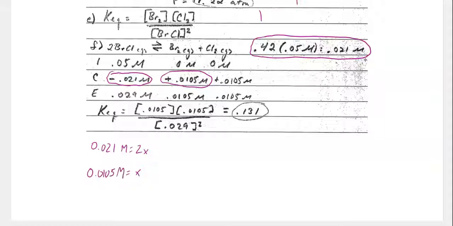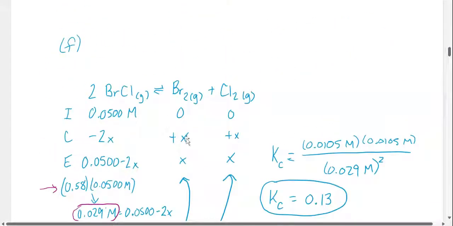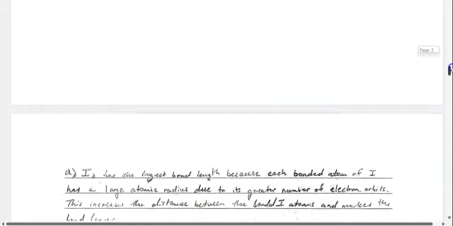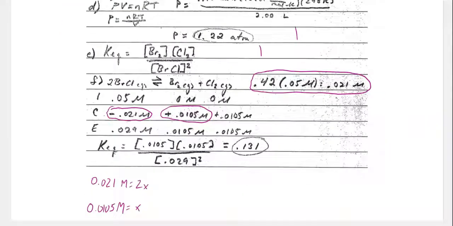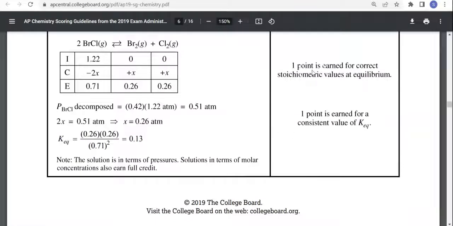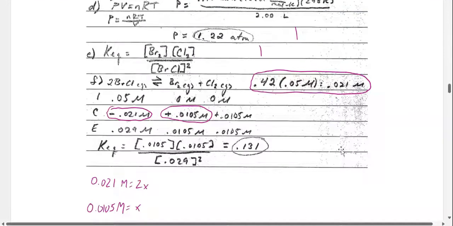So that's where that number is coming from. Again, I'd prefer them to write it like I did with minus 2x and plus x, just to be a little bit more clear, but I think it's fine, because this is only really asking that we get the correct values at equilibrium and the correct value of K. And you do have to show your work, but there are different ways to show your work. So it's fine. They got the same values that I did,